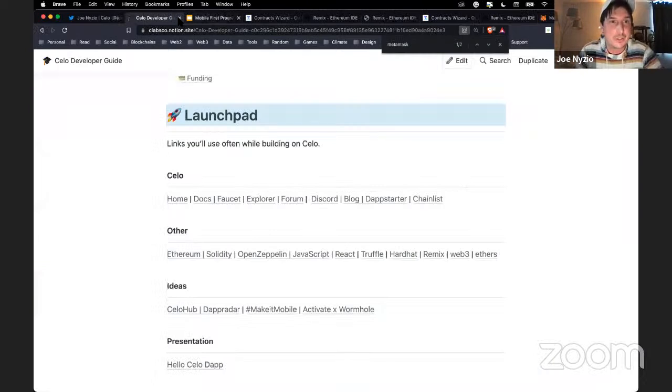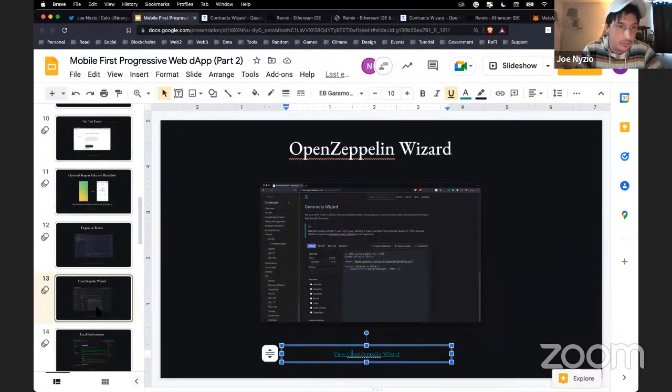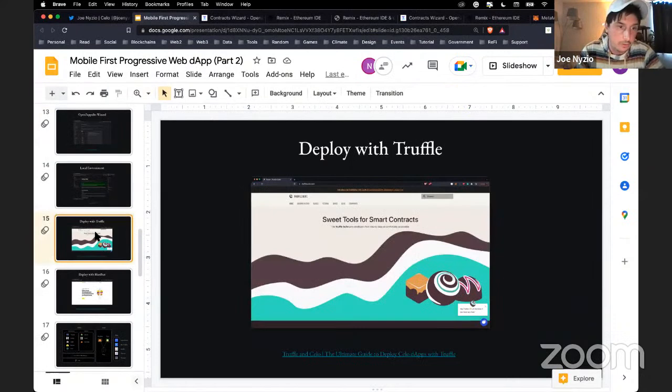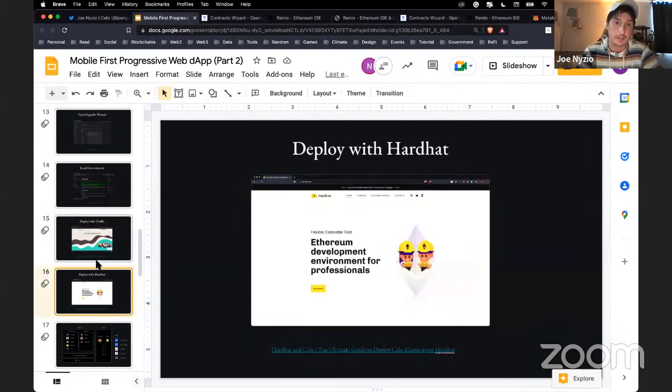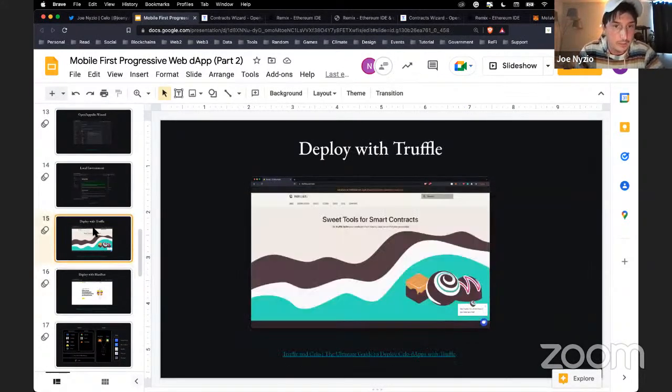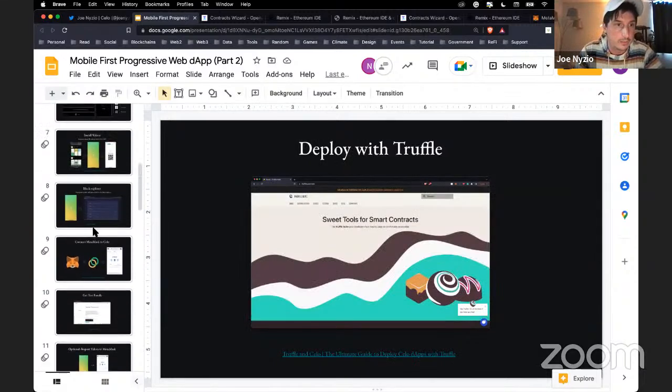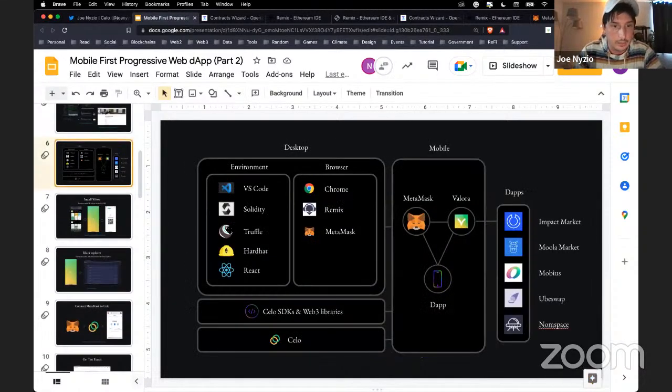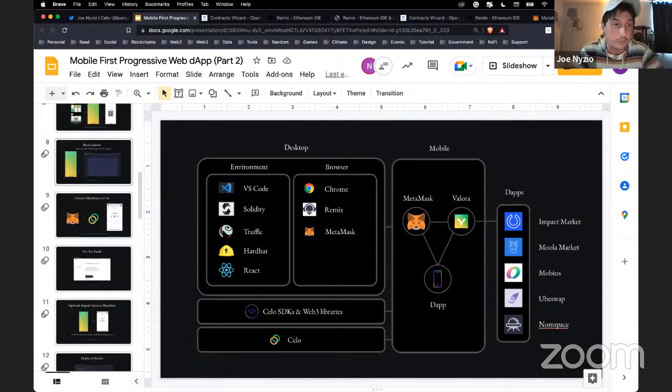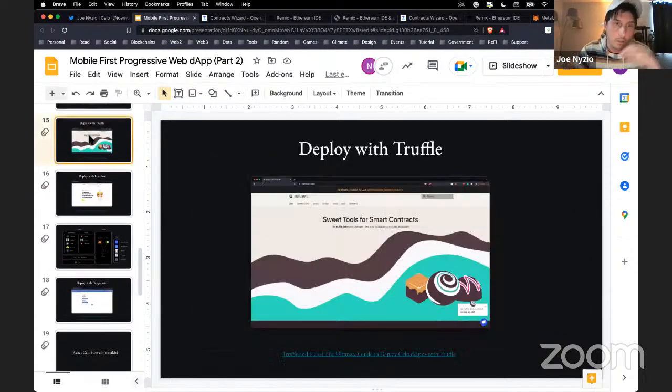At some point, you do want to create your local environment. And you can do that using something named Truffle or Hardhat if you want to use frameworks that are available. I'm going to start with Truffle, and just to give you a sense of where this was in the picture, it was this one over here. So we're going to set up a local environment now with VS Code using a Solidity contract that makes use of Truffle. And this will all do the same thing, just with a little more setup, but you get more power with it. You can do stuff with Truffle that you can't do with Remix.